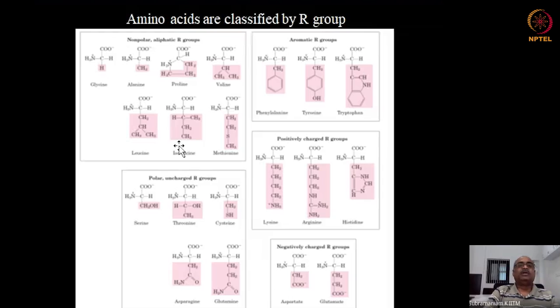So you have non-polar aliphatic groups, like for example alanine, and then to alanine you add 2 more methyl groups, you get valine, and you add 1 more CH to extend this chain, then you get leucine, slightly rearrange it and you call it isoleucine, and instead of 1 methyl, 1 of the CH2 you have a sulfur, then you